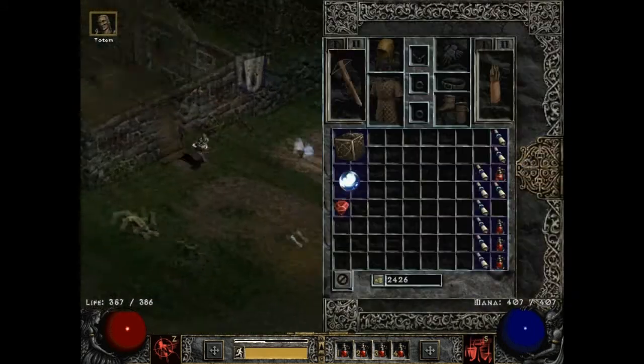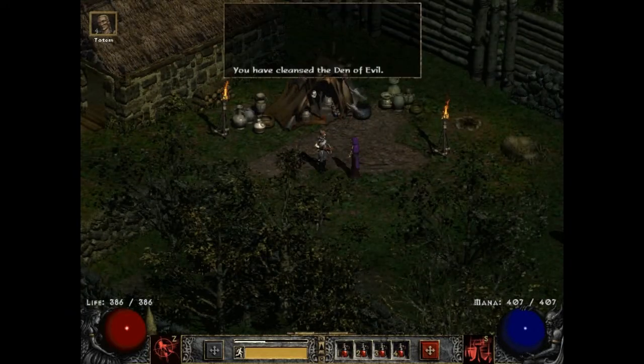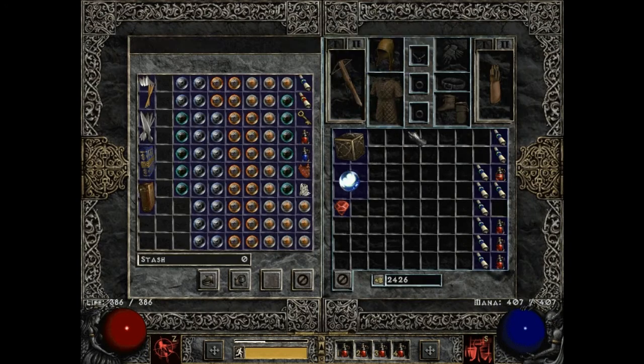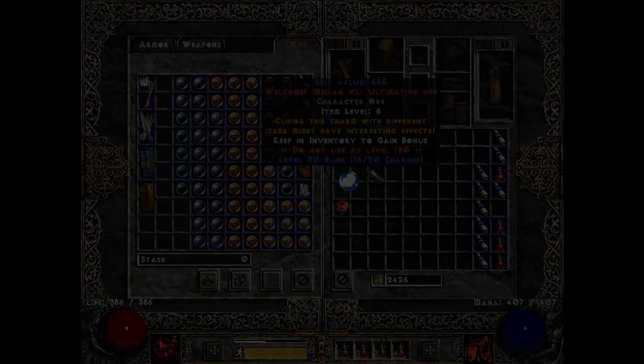For now, I'm just stashing those throwing weapons because I'm gonna save them for later because I don't have any runes anyway. Get some points in buckshot. And yeah, that's it for this part. We'll continue next